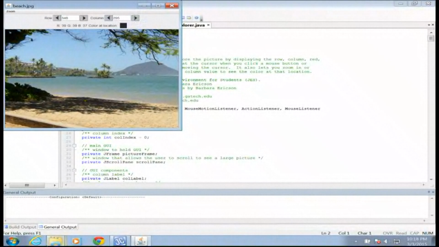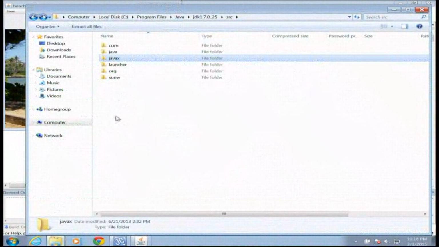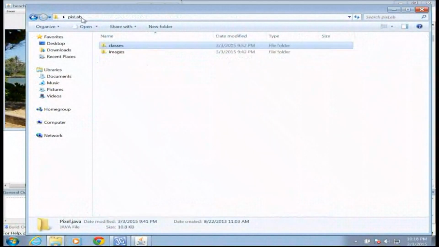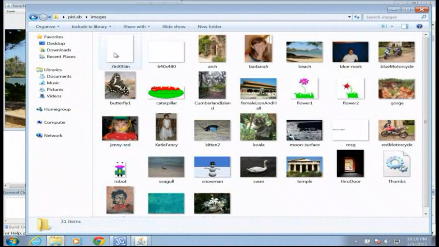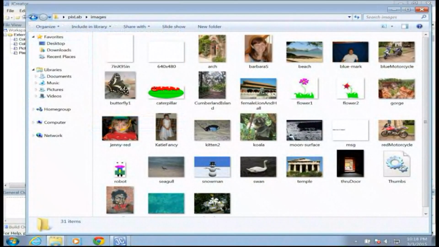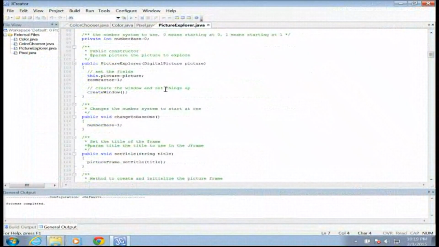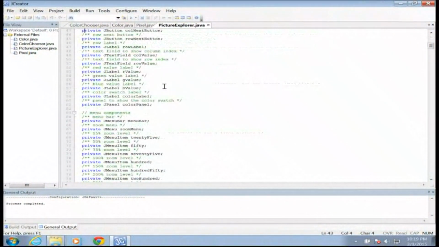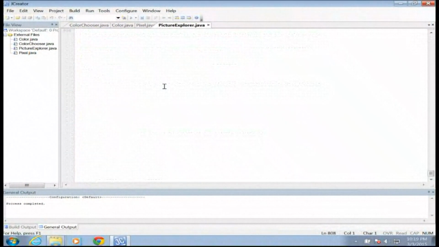So what I encourage you to do is to take a look at this. If you take a look in the Pictures folder, let me jump over to the Pictures folder here. Not the classes, but if I go to the PictureLab and go to the Images folder, I'm going to see a whole bunch of different pictures here. And what I can do is open these pictures up by going to the source code. Let me close this real quick. If I go to the source code, scroll down to the very bottom,